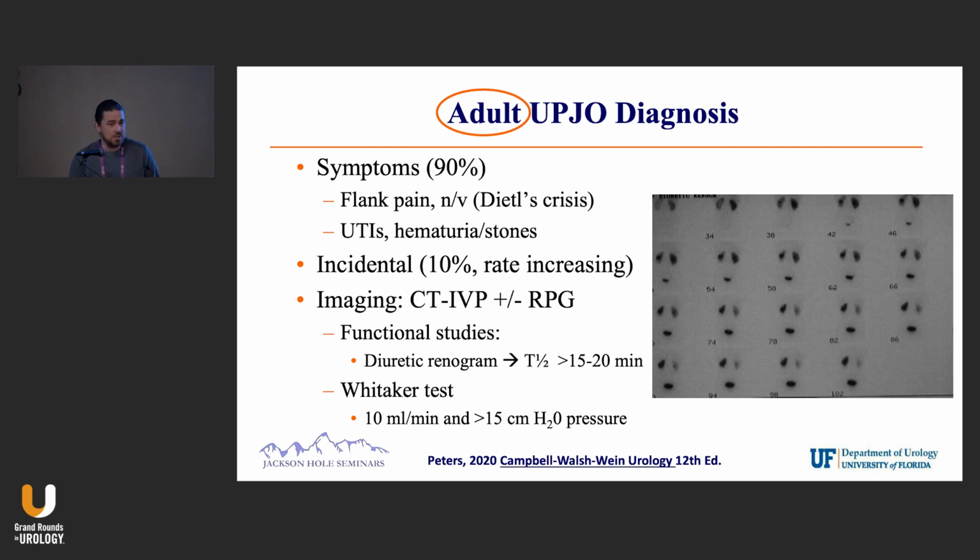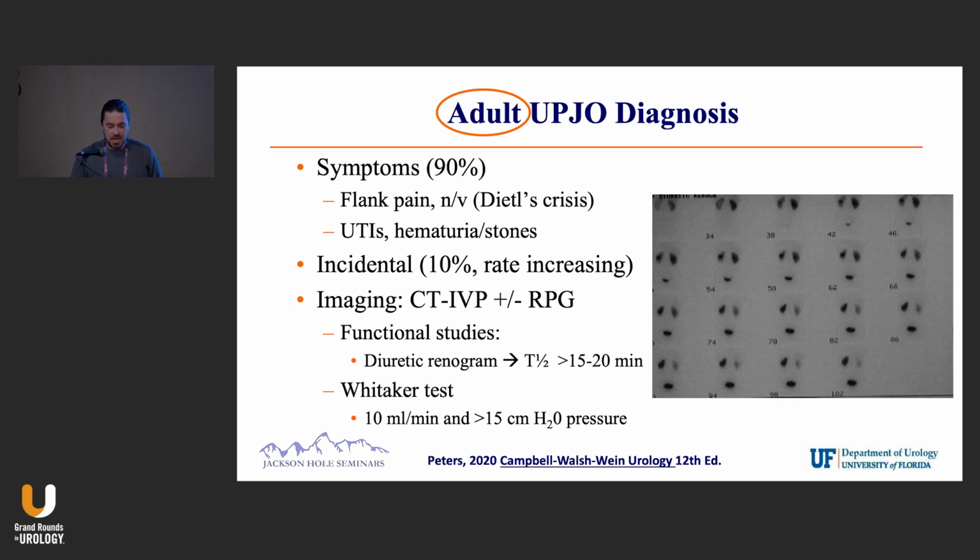For an older individual who maybe has a smoking history, you probably also want to do an in-office retrograde, or a retrograde at the time of surgery, to make sure there's not a ureteral polyp or a protracted urothelial carcinoma. And then, of course, the functional study that's been around for years and years is the diuretic renogram, usually with Lasix. The classic study is hanging up of the tracer, the T-half of the tracer, more than about 15 or